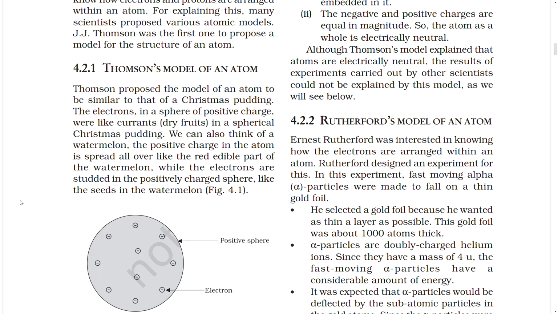4.2.1 Thomson's model of an atom. Thomson proposed the model of an atom to be similar to that of a Christmas pudding. The electrons in a sphere of positive charge were like currants, dry fruits, in a spherical Christmas pudding. We can also think of a watermelon. The positive charge in the atom is spread all over like the red edible part of the watermelon, while the electrons are studded in the positively charged sphere